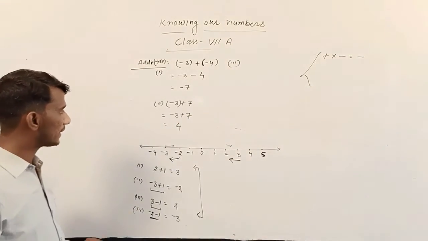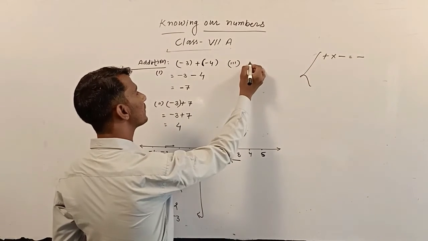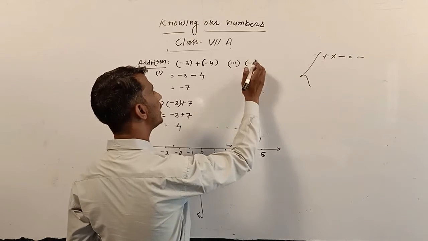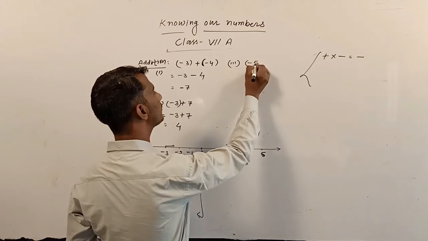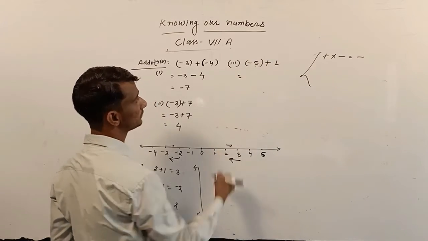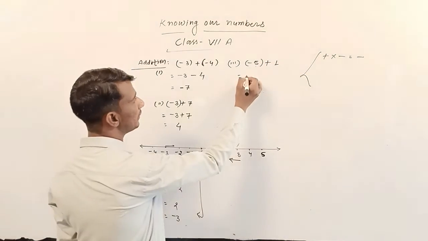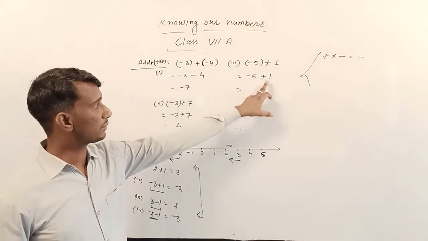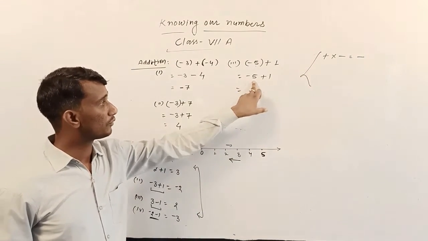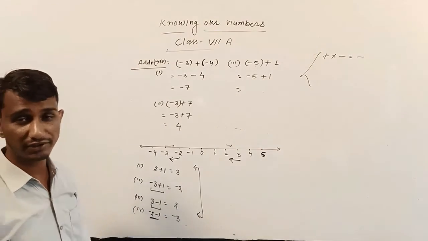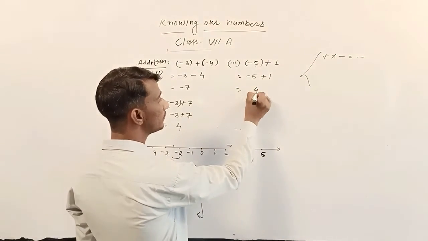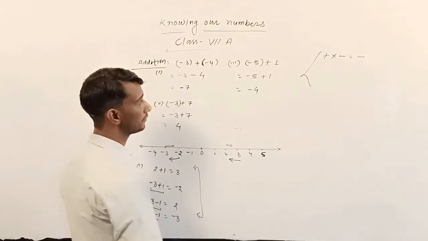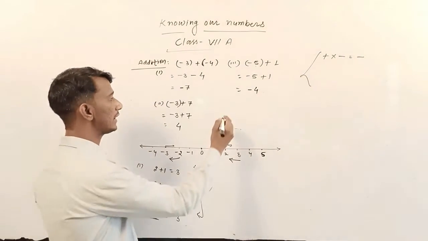Third example, -1 plus -3. Okay, we take another example, -5 plus 1. So open it, -5 plus 1. Now same, -5 plus 1 means both numbers have different signs, so we apply a subtraction. So subtract 5 minus 1, 4, and the number having the greater value is 5, so write minus. Understand? And last and final,